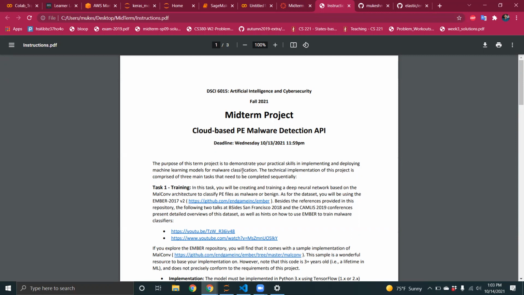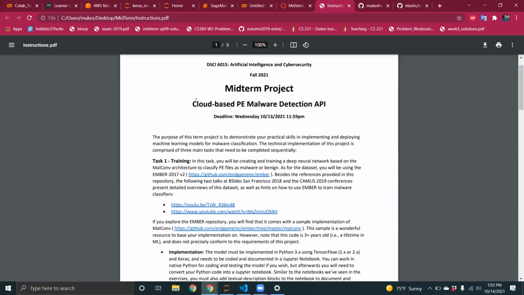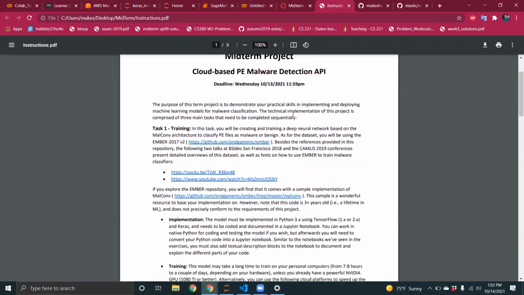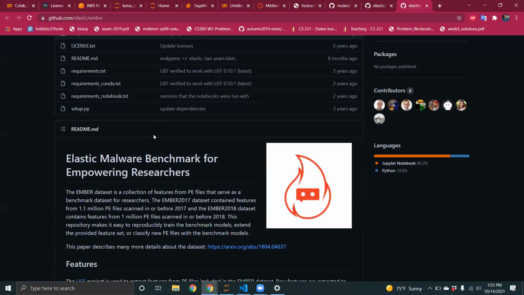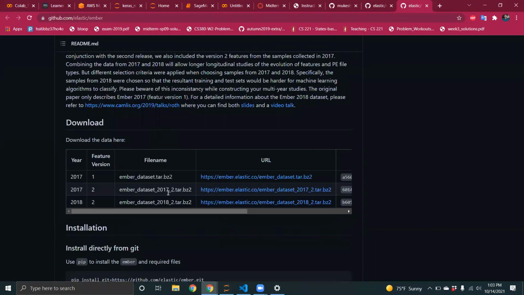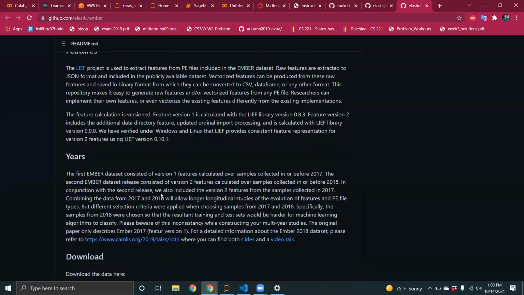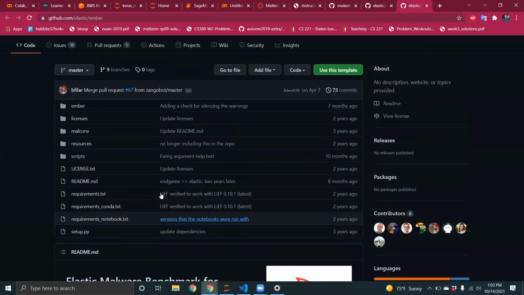Today I'm going to explain how to design a cloud-based PE malware detection API. To do this, we need a data set, right? So the data set is right here. I am using this data set, ember_dataset_2000. So this is my data set, and